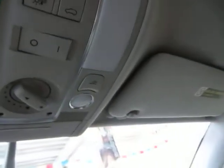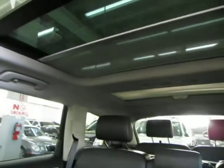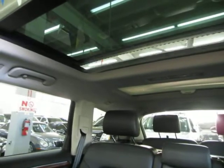Okay, now this is for the power moonroof, which we're opening up now, but we want to retract the shade, and that's this one here. That's the rear moonroof actually. All right, and this is the shade. Okay, I did it all backwards. Okay, and it retracts toward the center back there. Okay, so we got our